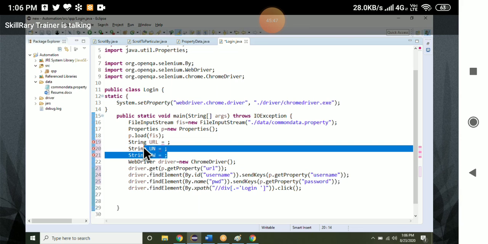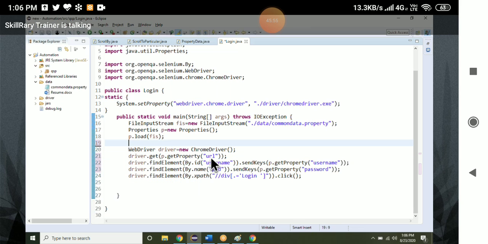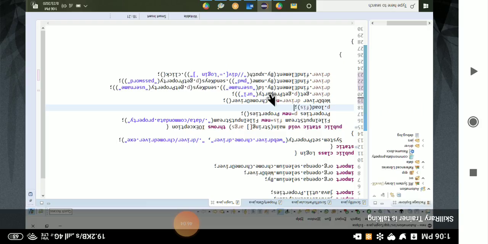Okay? Try to use the reference because we can also go like this. This line will bring the data from the property file. You can give HTTP and put it in setting here. Here also, instead of sending this, I am doing like this. You can also do it like this.